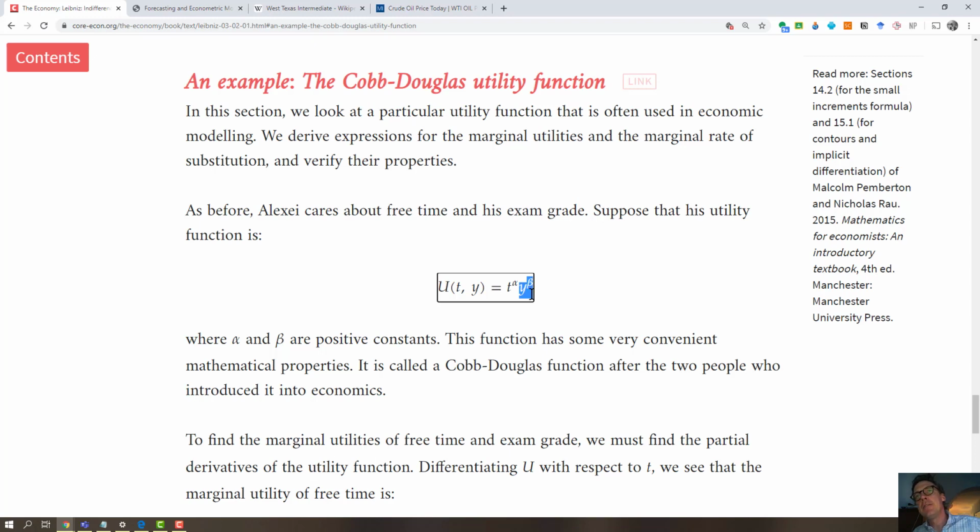If at the beginning of the year you knew that the exams at the end of the year were canceled, that would be a piece of technology, we'll call it technology, that would really make this value here, the y to the b, y to the beta, very, very small. Similarly, t to the power of alpha, or t alpha, is going to represent the value of